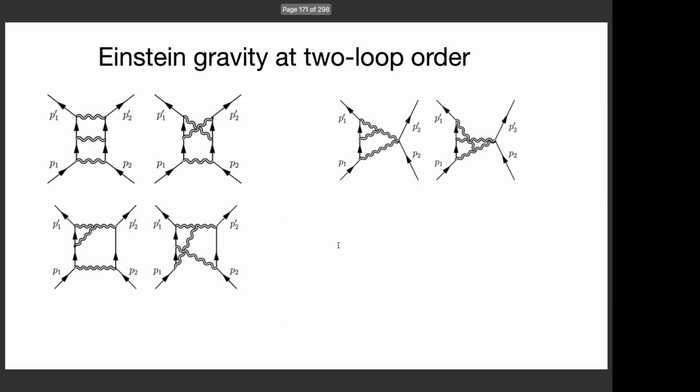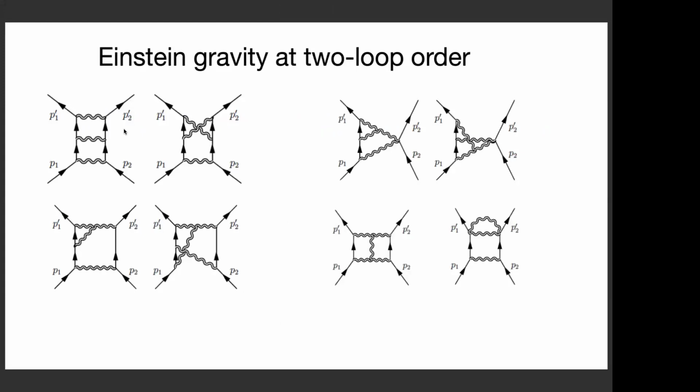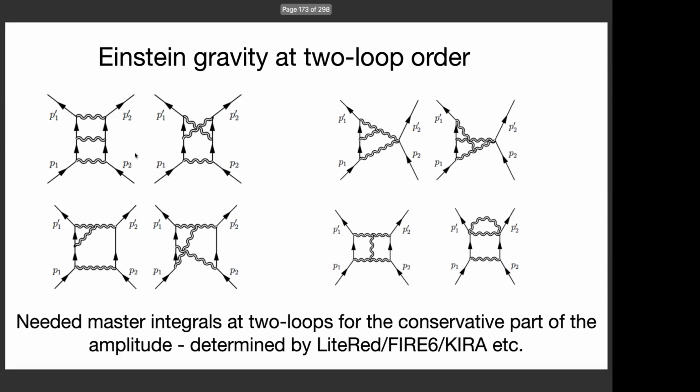So in order to derive the three-particle cut, we then have to consider the types of diagrams like below. So these are the integral functions that we will see, and we have to find the coefficients of each one of these pieces from the cut. So in order to work out the master integrals, we are using some computer programs like this program called LiteRed or FIRE or Kira.